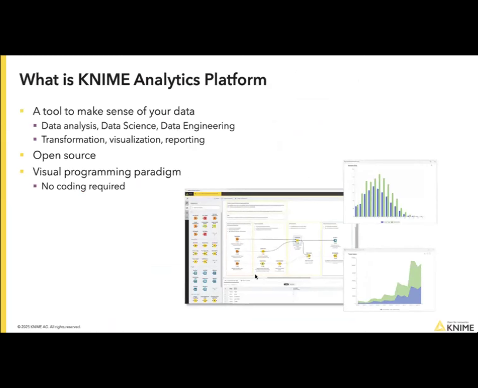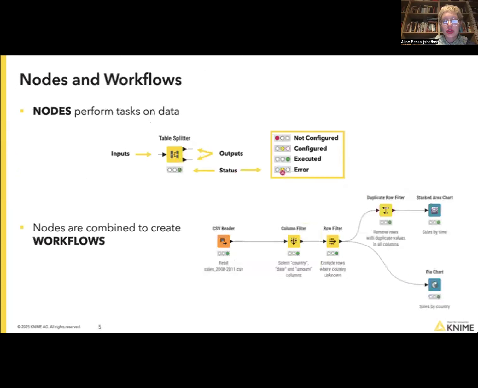And by dragging these little squares that cover atomic tasks and connecting them, you can create really complex, if you want to, right? They can also be really simple. It depends on the application. Pipelines, workflows. And no coding is required. These are some of the visualizations that you can create with KNIME. I'll show them. So the two main concepts in KNIME, and this is what I want to talk about before